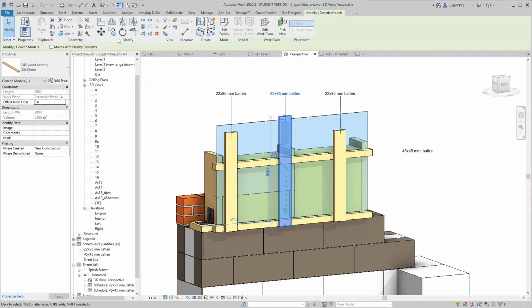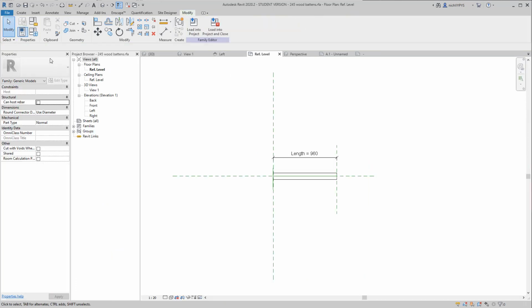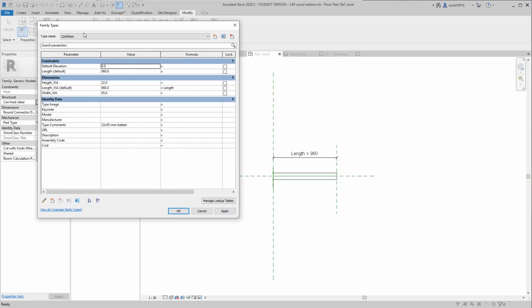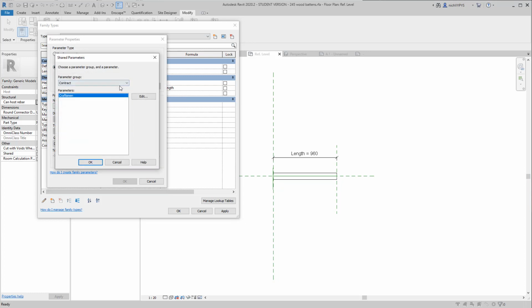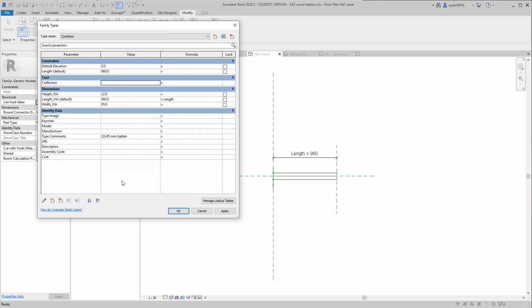So what I need to do here is to edit that family. In the family types, we need to add again the shared parameter craftsman. So that would be a type parameter,